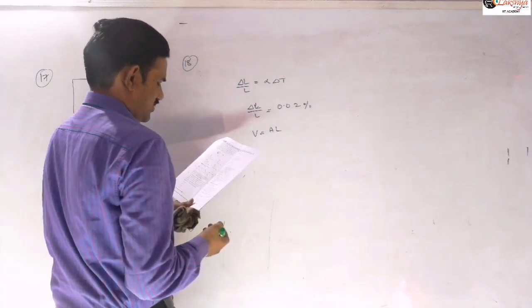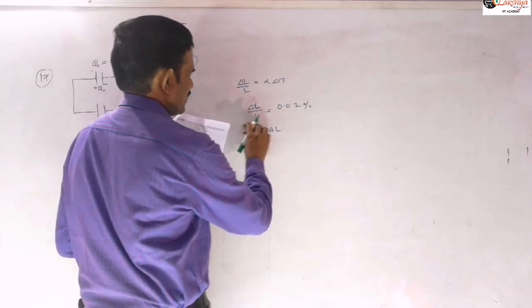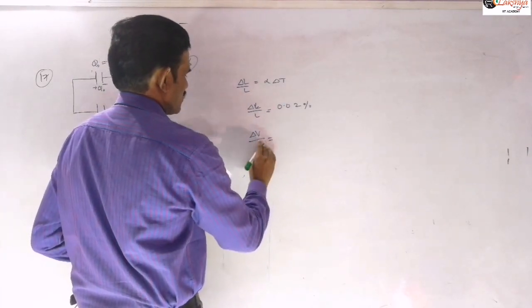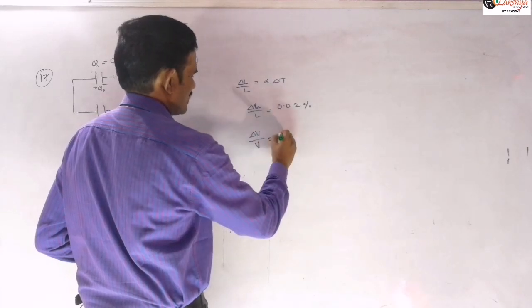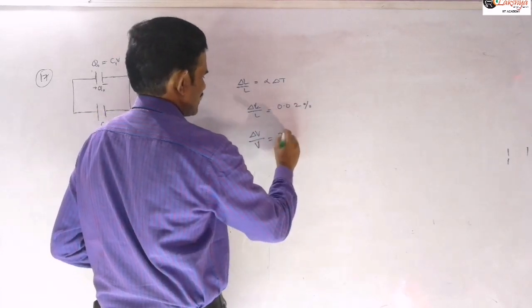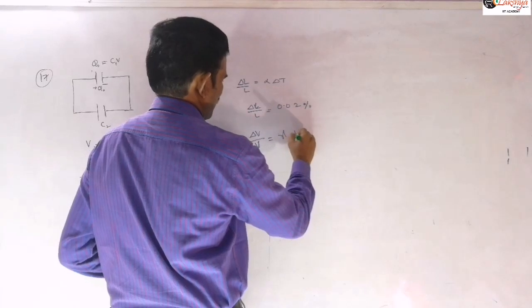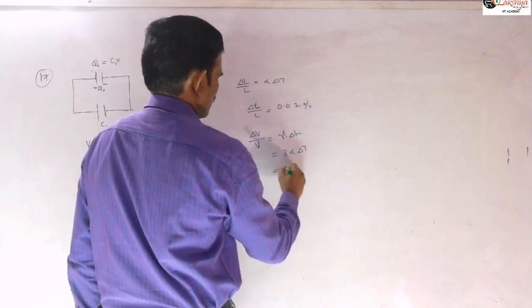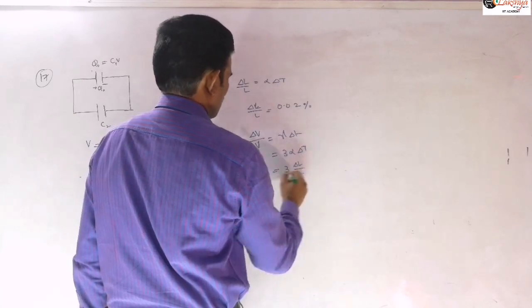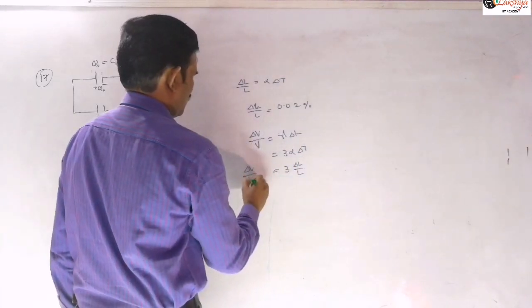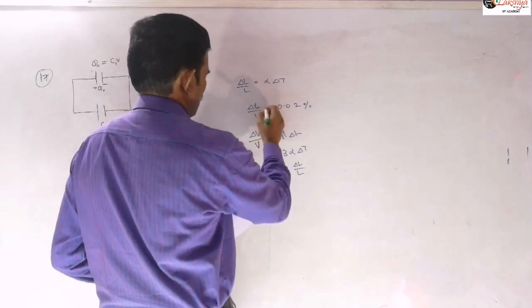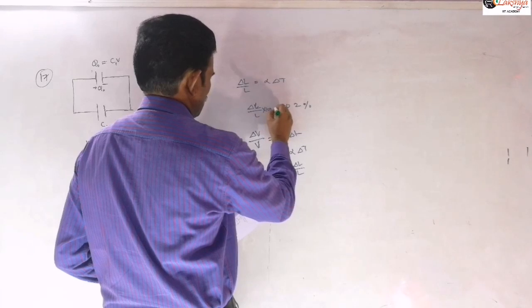or you can say directly that the percentage change in volume is 3 times that, that means gamma into delta T. Now you need to write actually, gamma is nothing but 3 alpha into delta T. So it is 3 times the percentage change in length. Therefore delta V by V into 100 is equal to, this percentage change we are writing here.